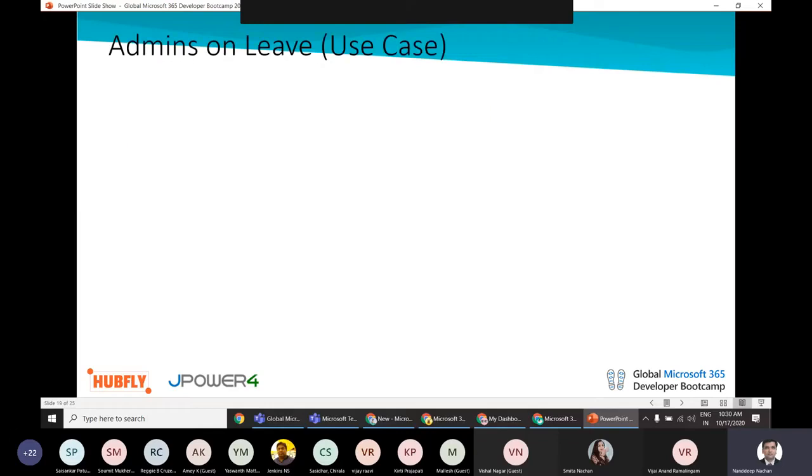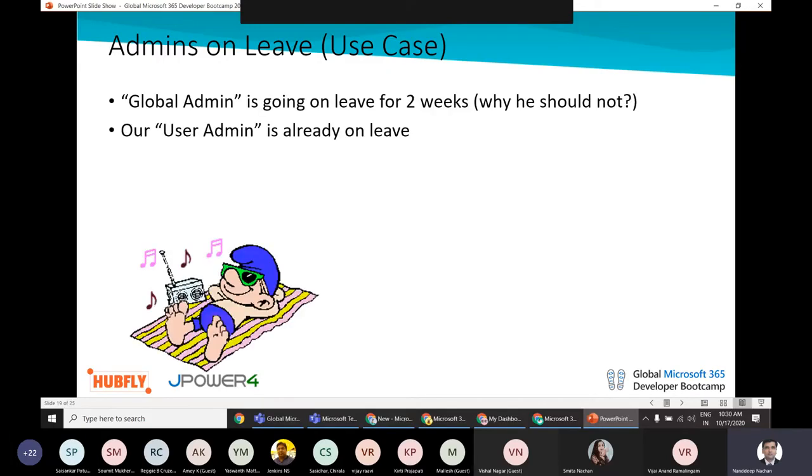So maybe let's try to take this into more day-to-day working life examples. Just one use case of an admin who can go on leave. We have a global admin who is maybe going on leave for 2 weeks, and why should he not? For example, if someone is a global admin, he should be able to go on leave. And then let's say our user admin, who is again a privileged role, is also on leave.